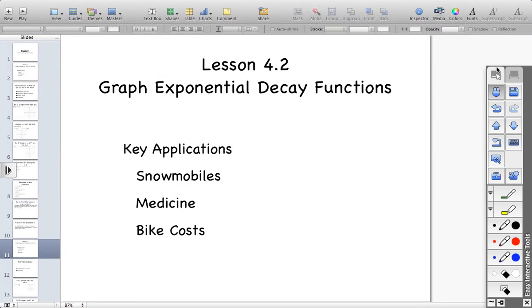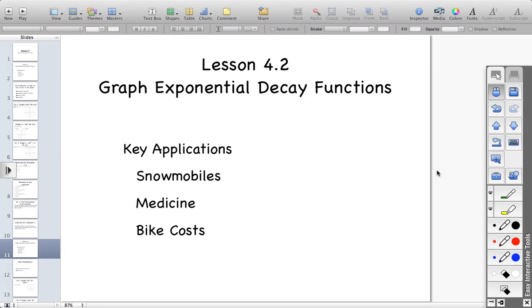So now we're going to work on lesson 4.2. Graphing exponential decay functions. Again, when we think of the word decay, think of it like something's rotting away. Well, it's getting smaller. So decay functions are the opposite of growth functions. Instead of values getting exponentially larger, they're going to get exponentially smaller. So some of the examples we'll see is depreciation costs of snowmobiles, life expectancy of medicine, bike costs, things like